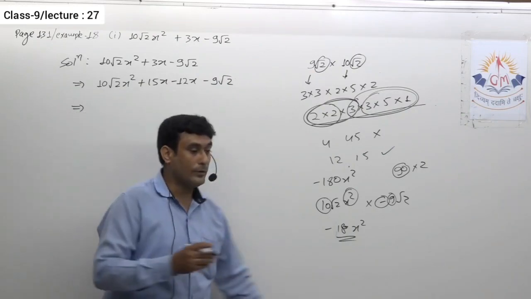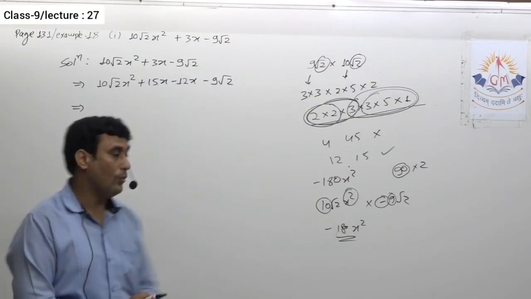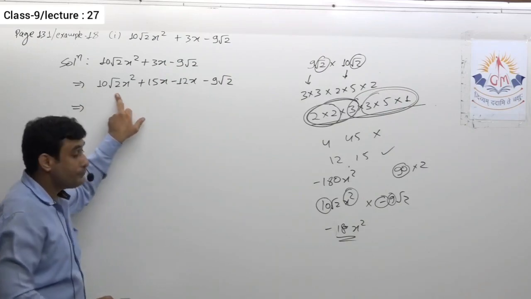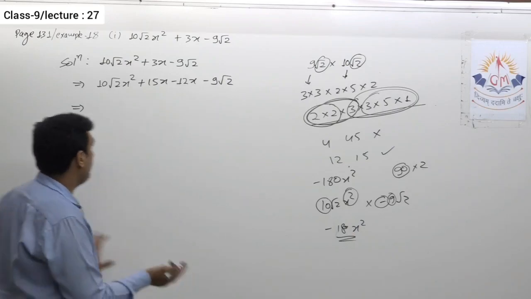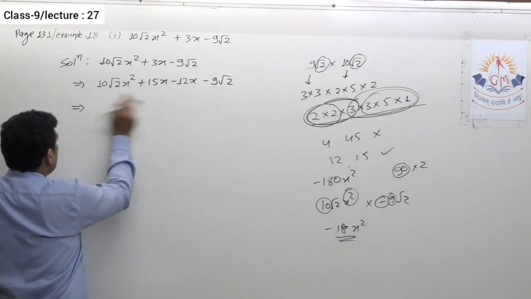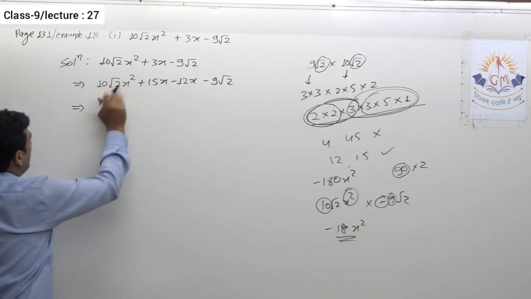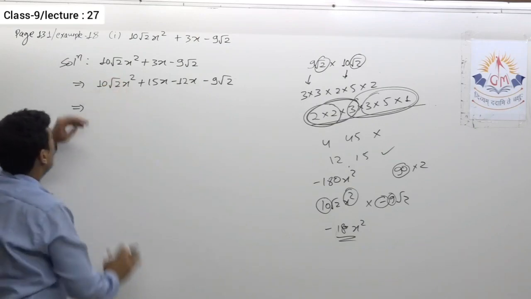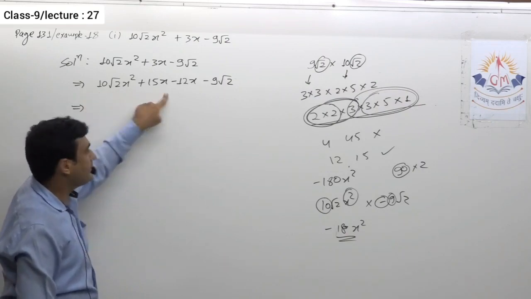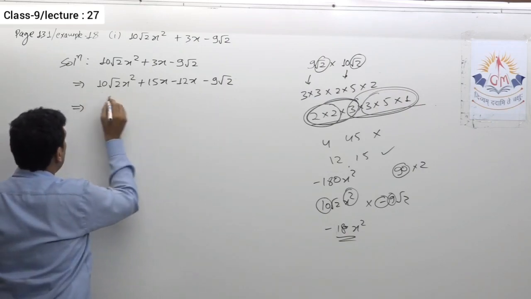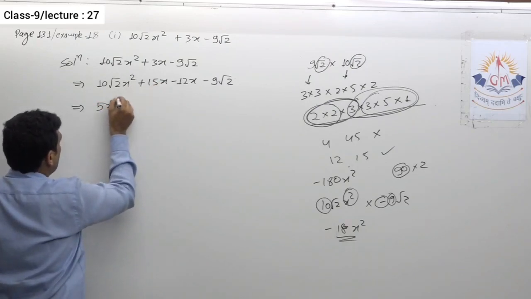Now next thing, what to take common. See, when there was no irrational term, it was a little bit easier to take common. Now over here there are some irrational terms, so you might get confused about what to take common. So first of all, there is no irrational term over there, that means this cannot be taken common. So you can hide this, or ignore this, while taking common. Now just take common from 10 and 15. X will definitely be common. From 10 and 15 I can take 5 common, and among x square and x, x can be taken common.